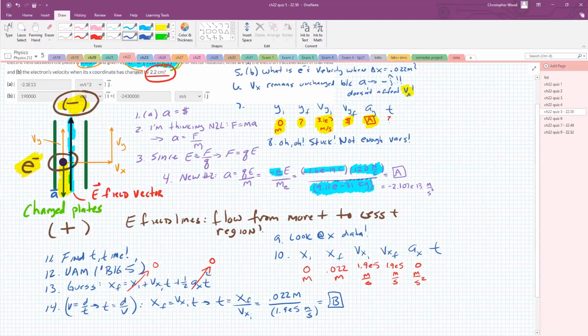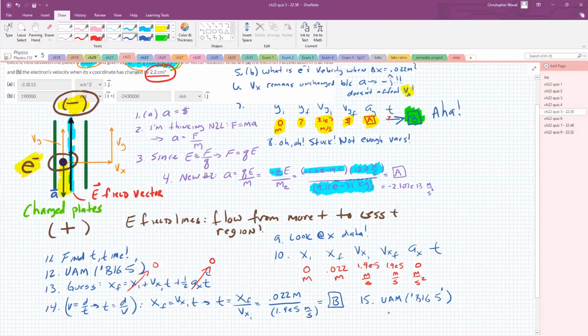Okay, number 15. I was stuck here in number 8. Now I don't think I'm stuck because now I have time. Time is sitting here in calculator memory location B. So this is huge. Aha. So step 15, once again, the equations of uniform accelerated motion, which I refer to as the big 5, would be provided to you if there's a problem like this on exam 2. No guarantees, but I